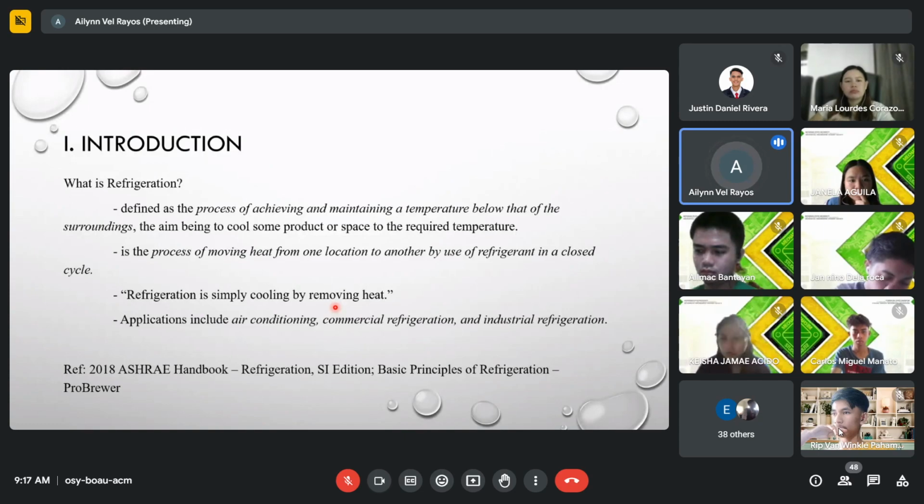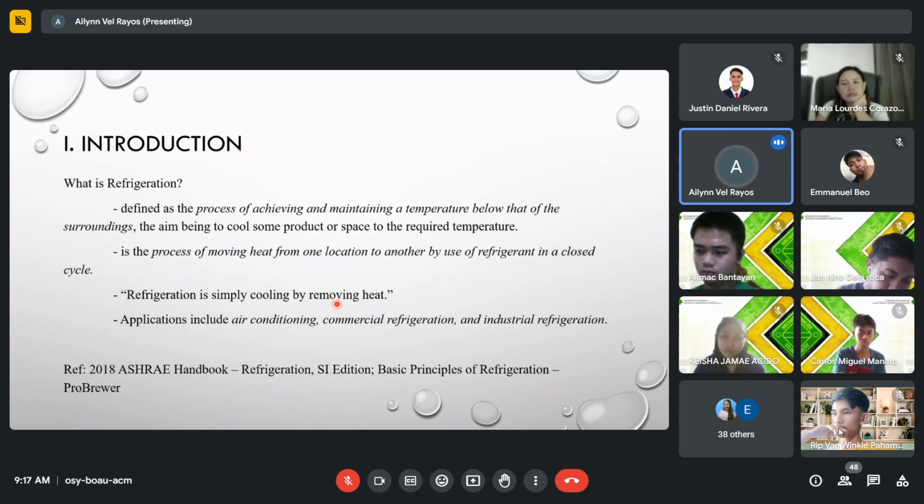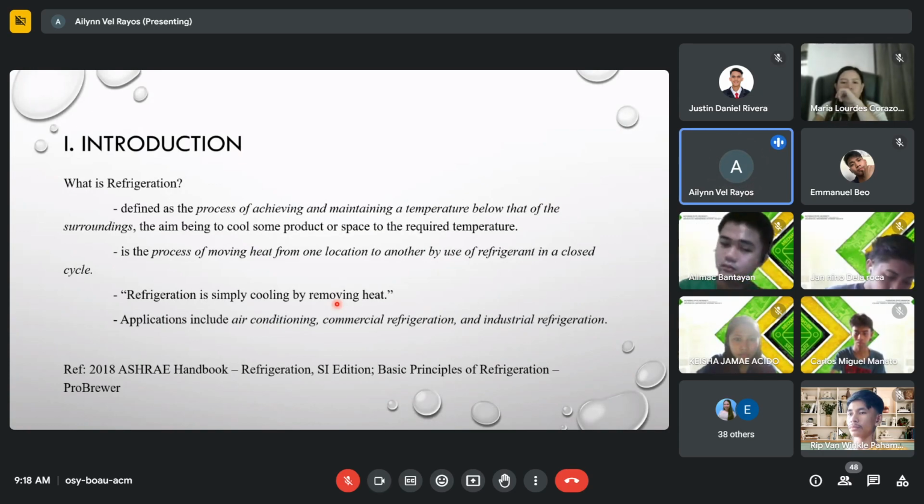Again, our cooling is continuous without work input. For example, if we leave a cup of coffee there, the temperature becomes the same as the surroundings. But in this one, it is cooling by removing heat, and the temperature of the substance is below that of the surroundings or the initial temperature.